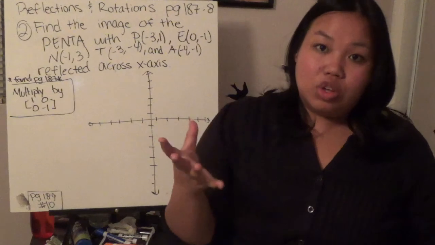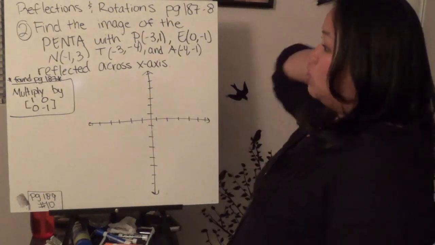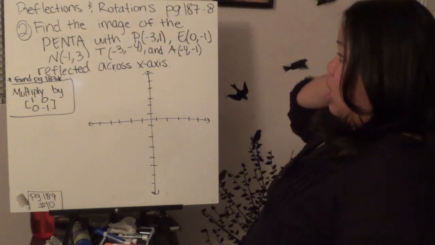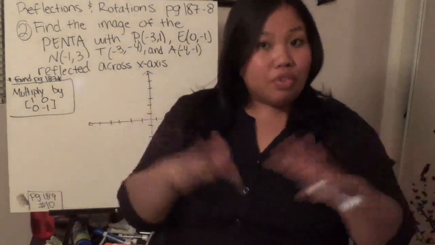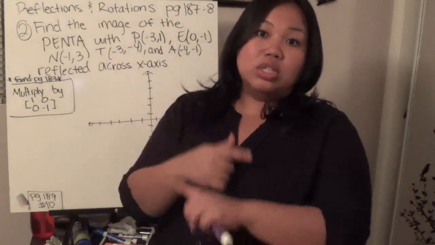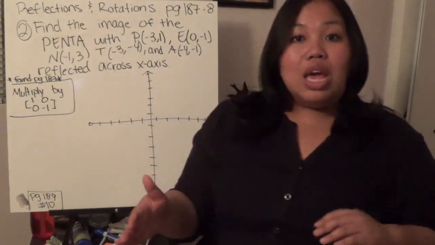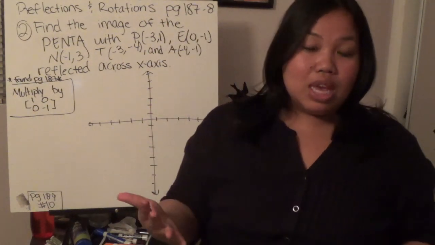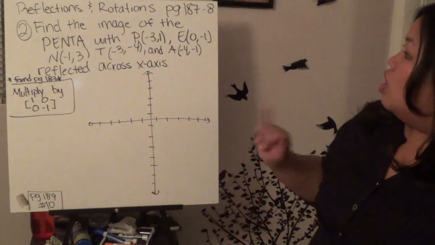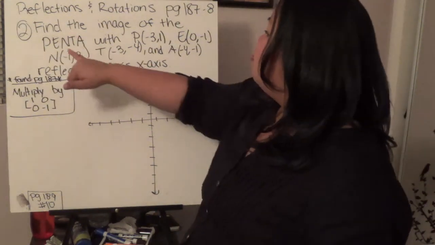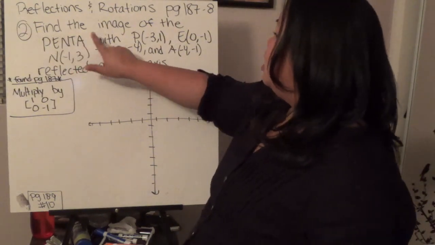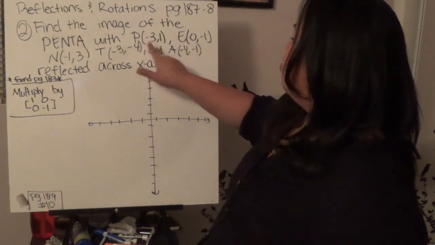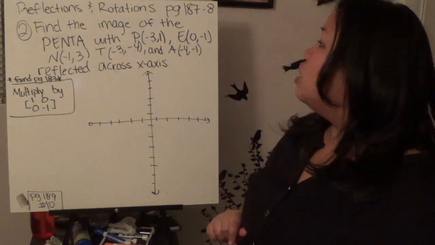Sometimes they're going to use other transformations, which you learned in geometry, and basically there's reflections that reflect, rotations that actually rotate, and they give you a key concept because they tell you exactly how to find the answer. So for example, this is my image, Penta, P-E-N-T-A, and it gives me the points of Penta, and it wants me to